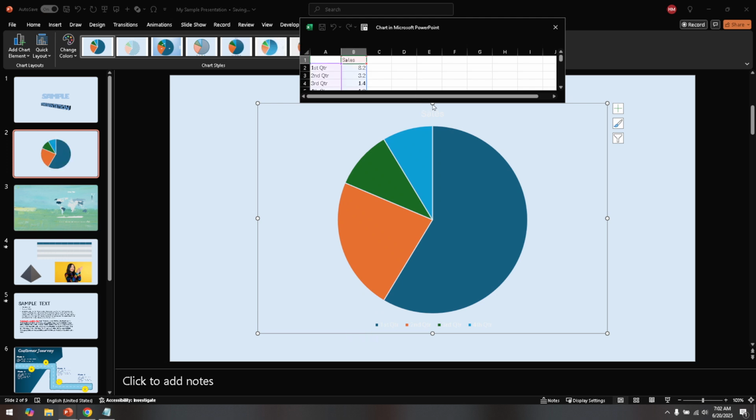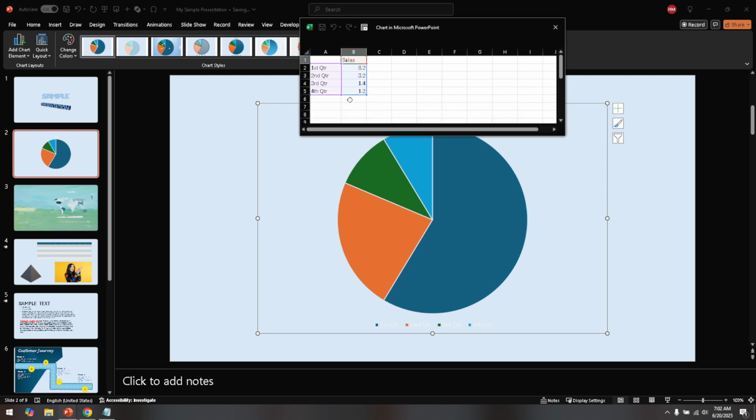Let's say you want your circle divided into 6 parts. Simply add 6 equal values in the second column of the Excel sheet. For example, you can type 1 six times, each in a new row, which will evenly slice your circle into